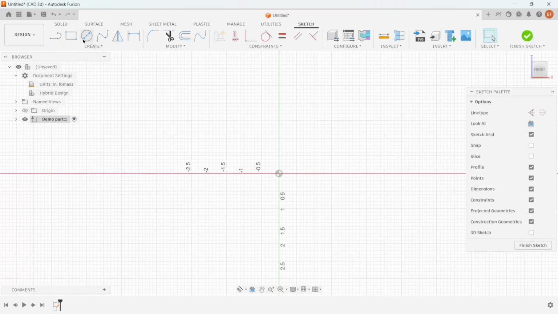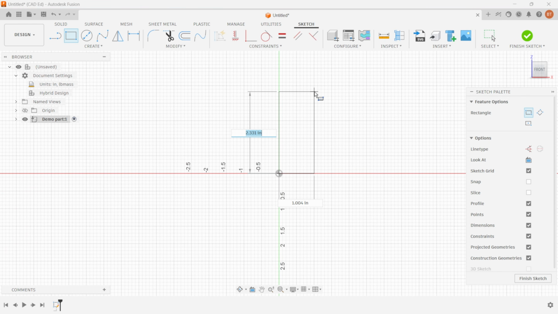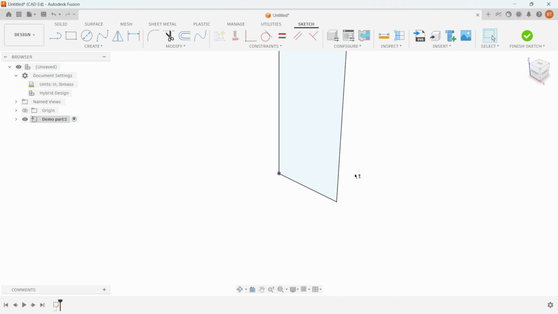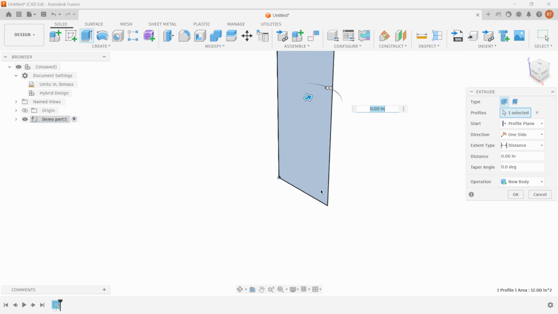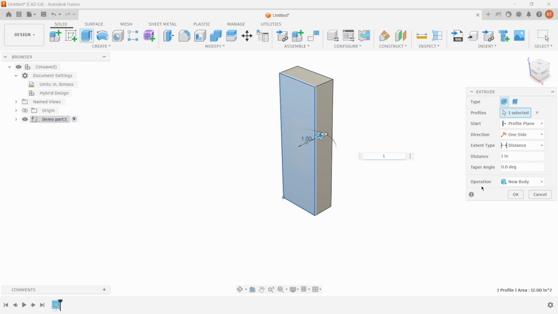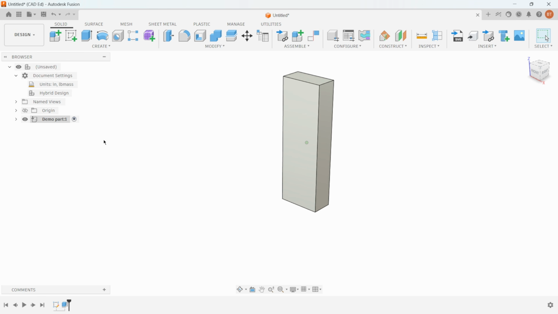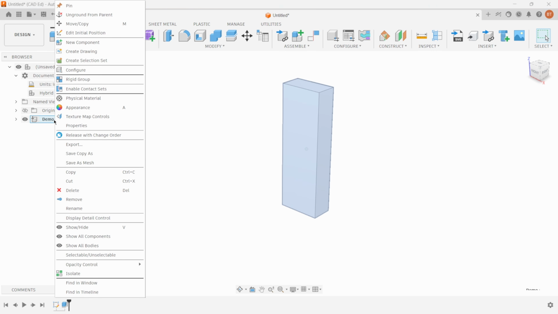And I'm going to keep it simple. I'm just going to draw a basic rectangle, let's just say 6 by 2. And we'll extrude that, let's just say 1 inch. So I have this demo part right now. And if I right mouse click and say copy,